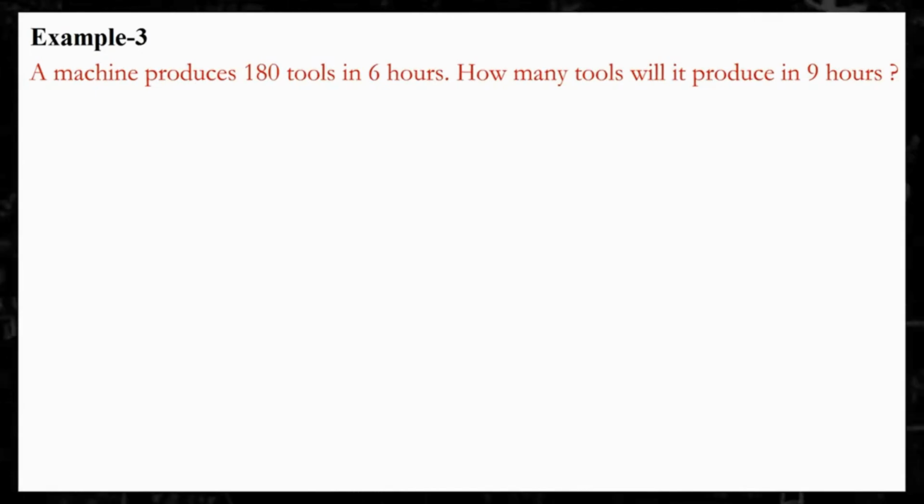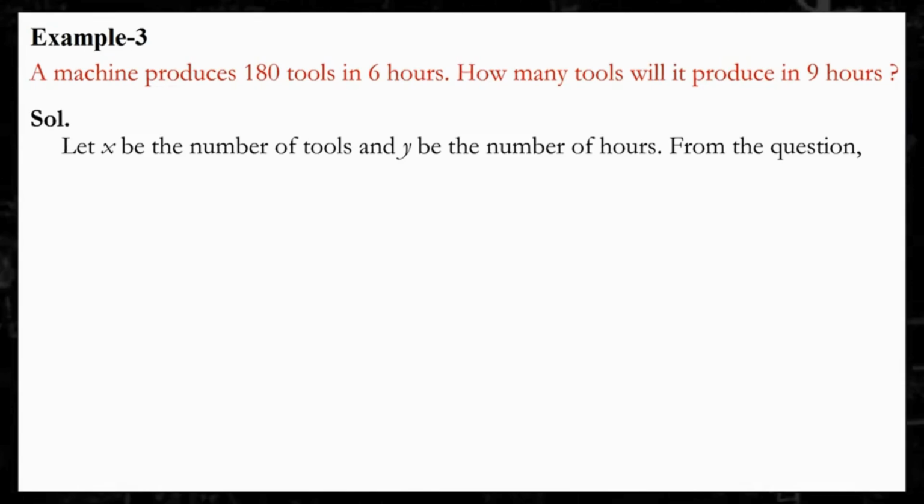Example 3. A machine produces 180 tools in 6 hours. How many tools will it produce in 9 hours? Solution. Let X be the number of tools and Y be the number of hours. From the question,